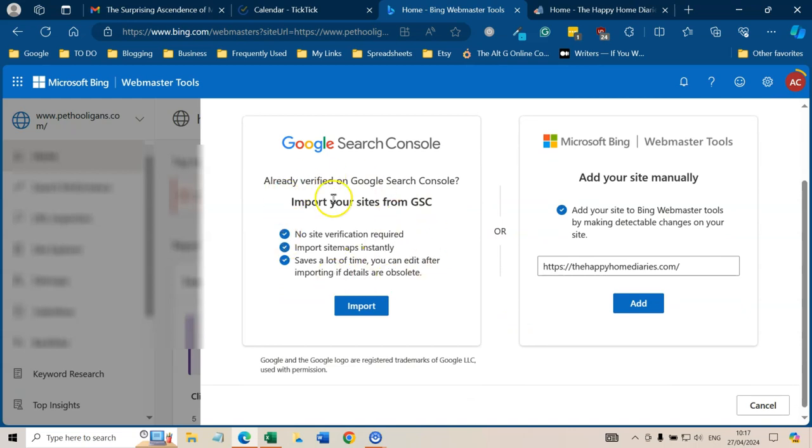If you've already got your site set up on Google Search Console, you can import as well. Actually, I'll come to that later, but I want to show you the process. I could have probably done that with this site, because it is set up over there, but I do want to show you the manual way of doing it in case you haven't got set up on Google Search Console yet either. So you add it in, you click add,